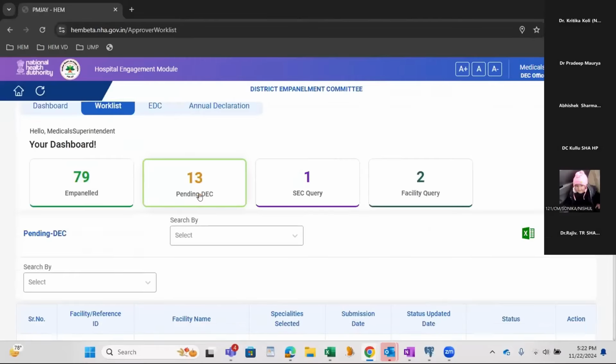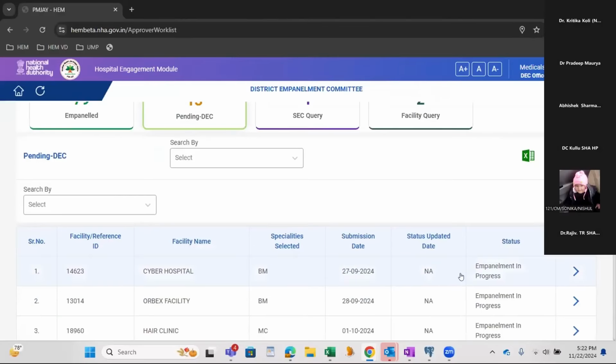If I click on the pending DEC card, see, this is the hospital which I just now submitted. This record is seen in this pending DEC card with all the details: empanelment in progress, specialties I have selected, burns management, submission date.